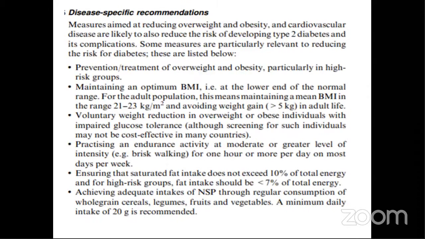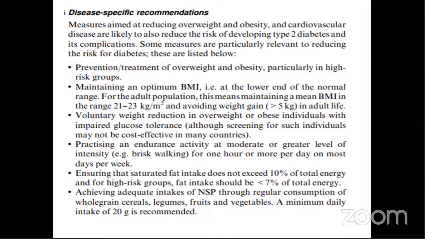So how are we going to reduce your risk of having type 2 diabetes? We're going to try to maintain a BMI of 21 to 23. We're going to try to have some voluntary weight reduction, and that will come in effect with a change in your dietary intake, increase in physical activity, reducing your intake of saturated fats to 10%. And a dietitian and nutritionist can happily calculate that for you to determine what is the best and where you can get your best sources of the